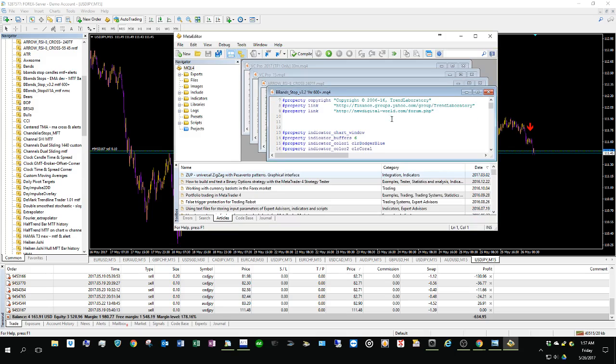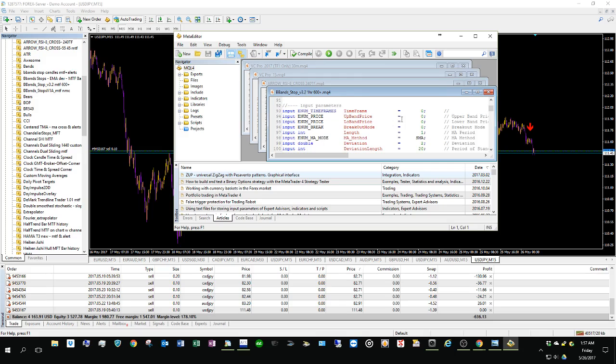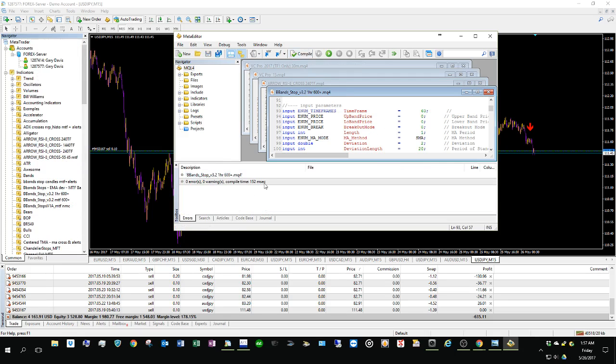Save. And we can briefly go down. Should we get past all that information here? Time frame 60 instead of, because it's not a 1, it actually goes by minutes. So we've got a 60-minute time frame. Compile that, no errors,